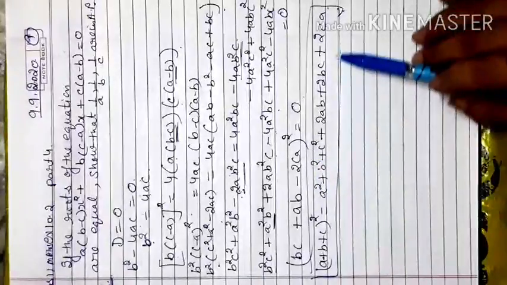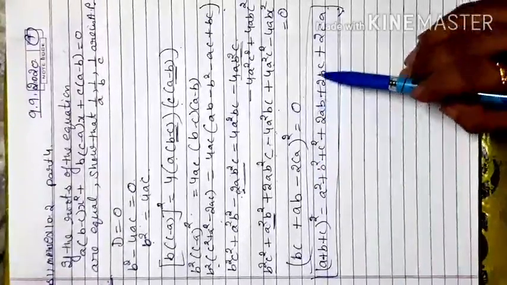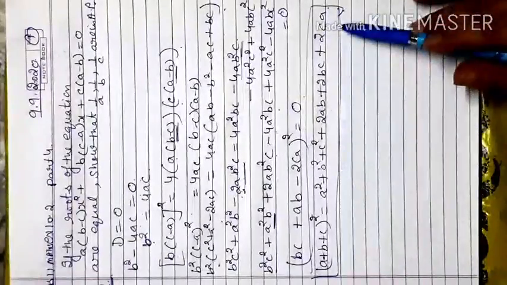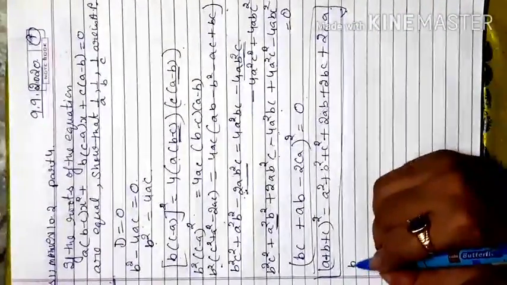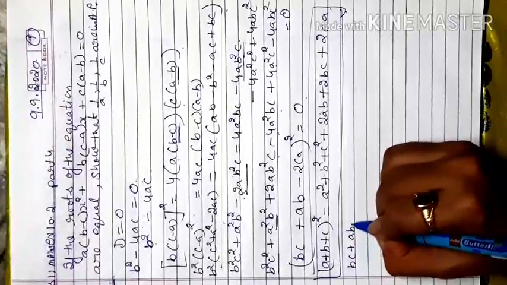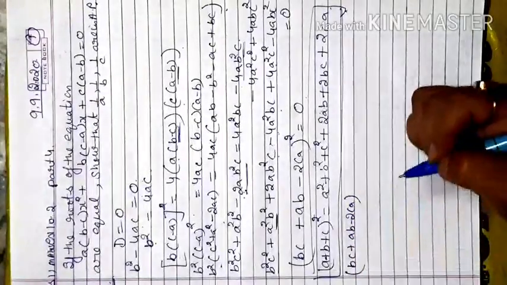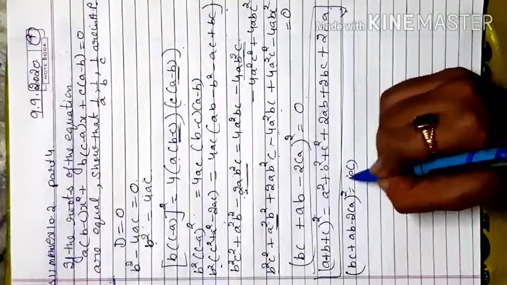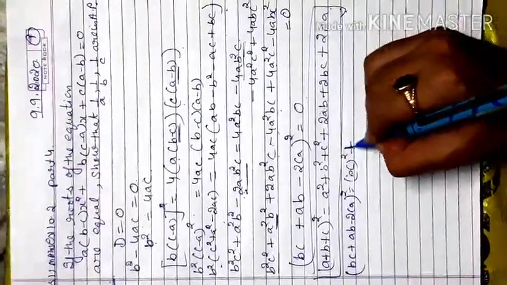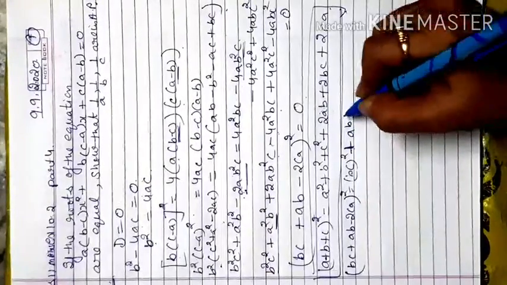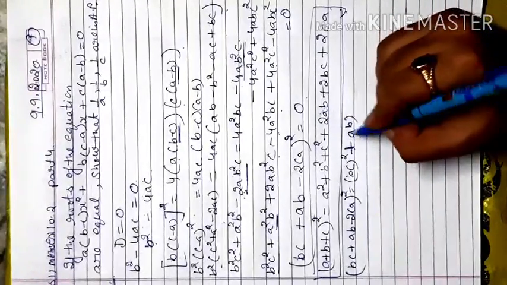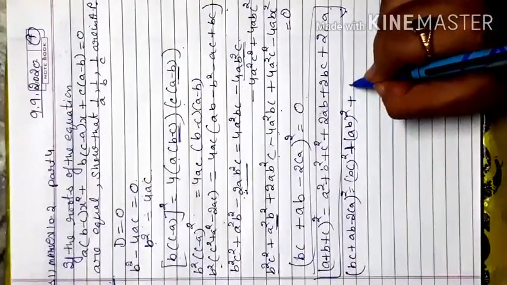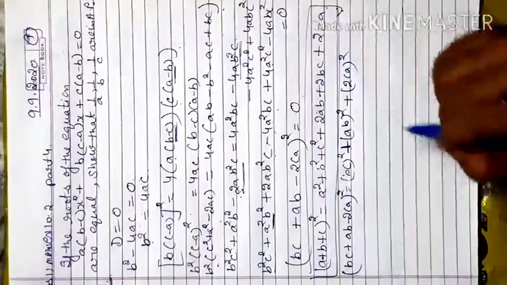So when you go with this term in place of a, first term, second term, third term, and third term and first term, you have to check with the multiplication. I check with this, like this bc plus ab minus 2ca. If I check with this formula here, according to that, bc whole square plus ab whole square, okay, third term is minus 2ca, so that becomes 2ca whole square, right?